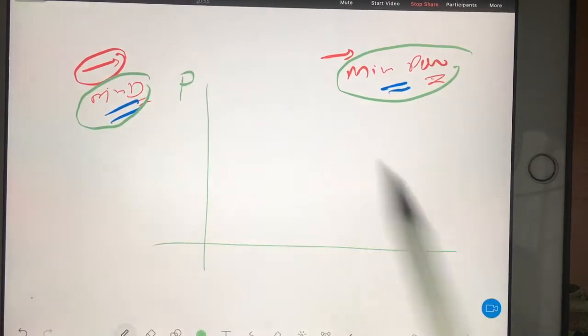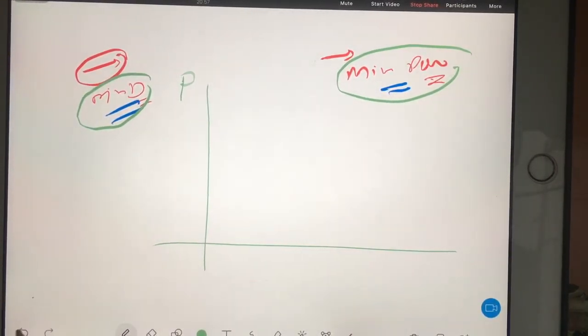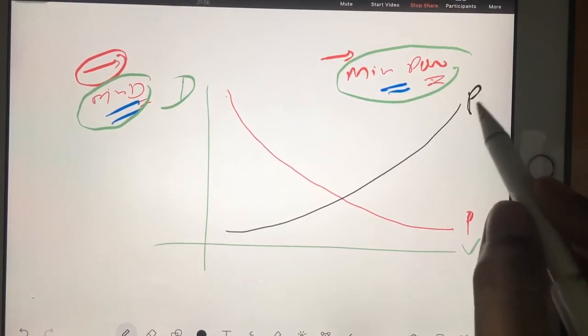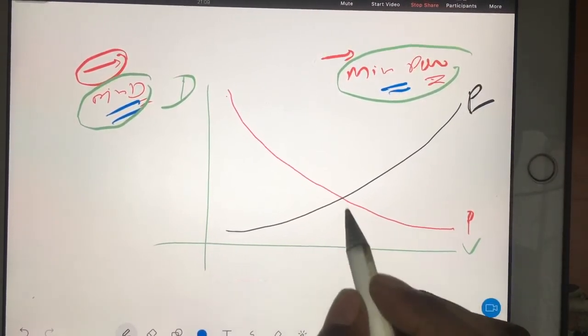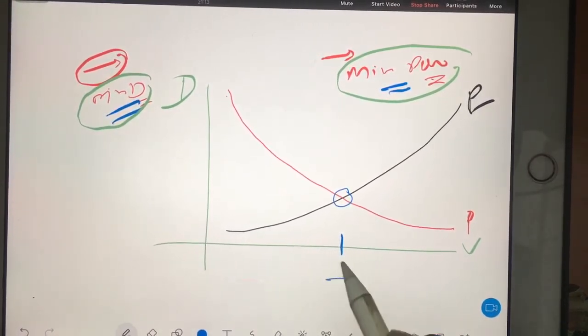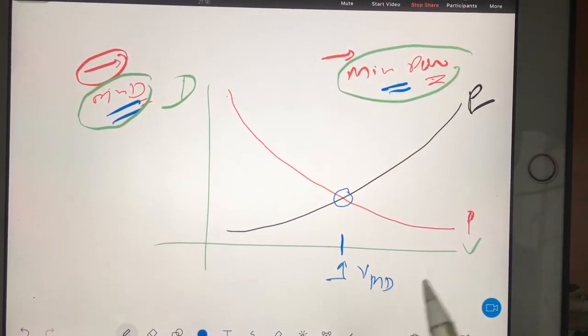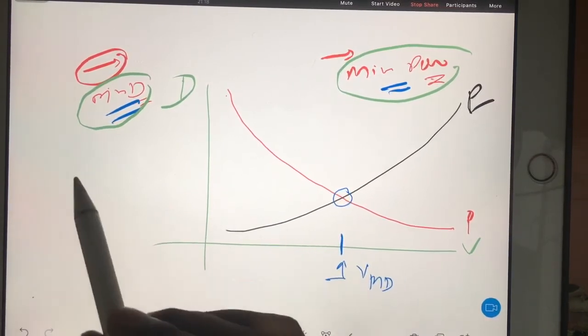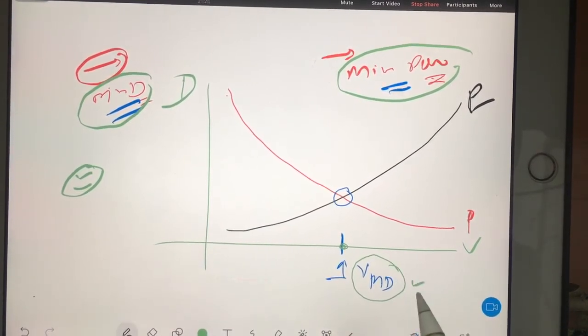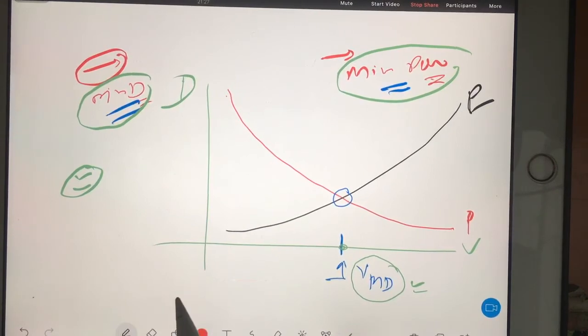Here you have the drag versus velocity graph. Sorry, this is drag. So this is your induced drag and this is your profile drag or parasite drag, you can say. So this is the velocity when both the drags are equal. This velocity you give a special name, that is the minimum drag velocity. I mean, the pilot is flying the aircraft at such a velocity when the aeroplane is experiencing minimum drag.